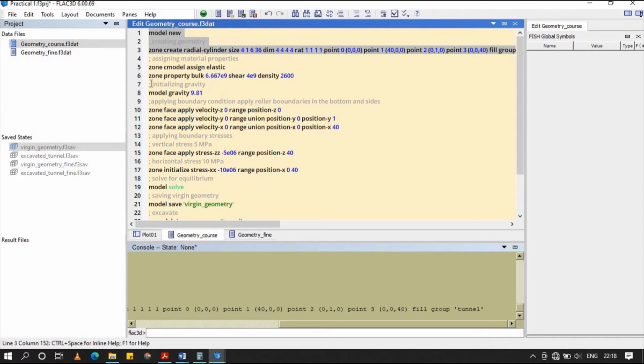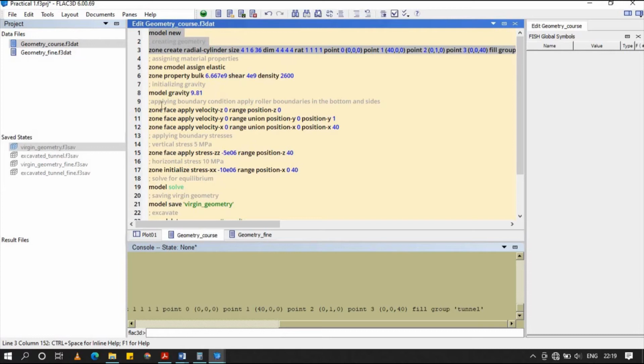as you saw in the paper already. Now since this is a tunnel, we initialize the gravity. As we go deeper, the stresses will keep on increasing. If gravity is not initialized, sigma v will remain constant throughout the domain. So we initialize the gravity, so that gravitational force also adds to the vertical stress of the domain.